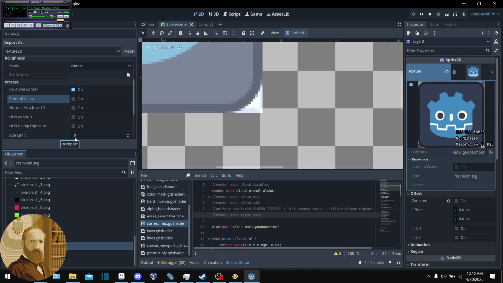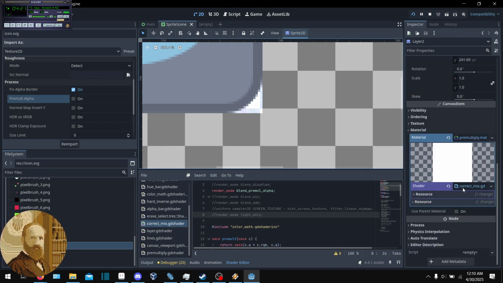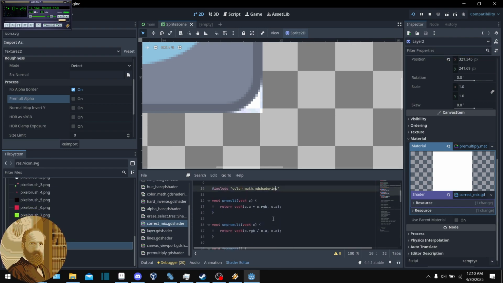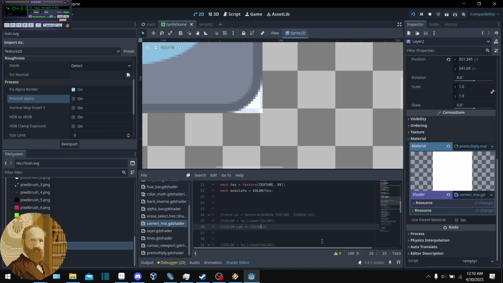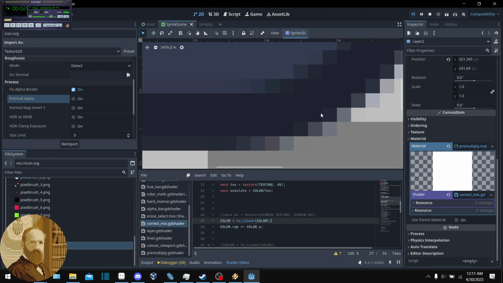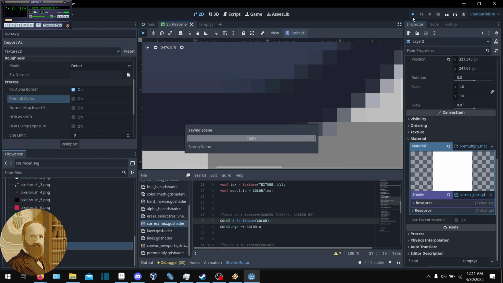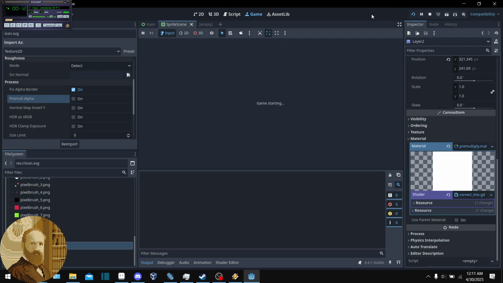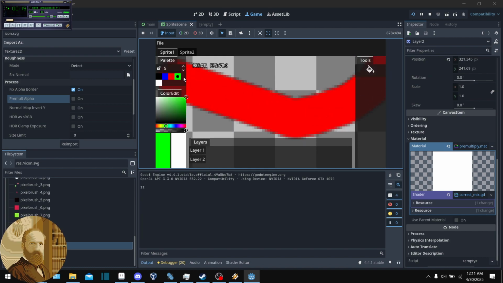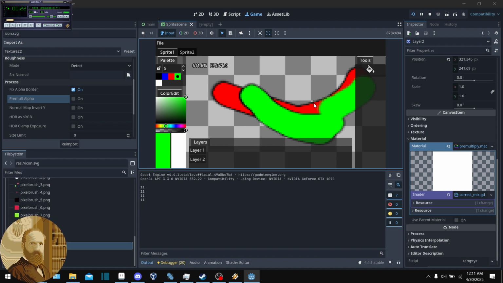If we turn off pre-multiply alpha, and then we go to the shader that we have here. And in the shader, we actually do the alpha multiplication. And we convert it to linear. Then we're back over here, where we were before. Okay. Which should mean that also our colors are mixing correctly again. Ish. I mean, that's not correct, but